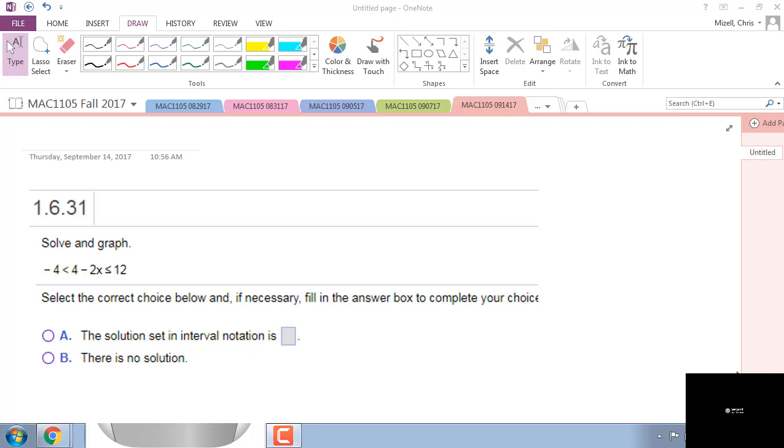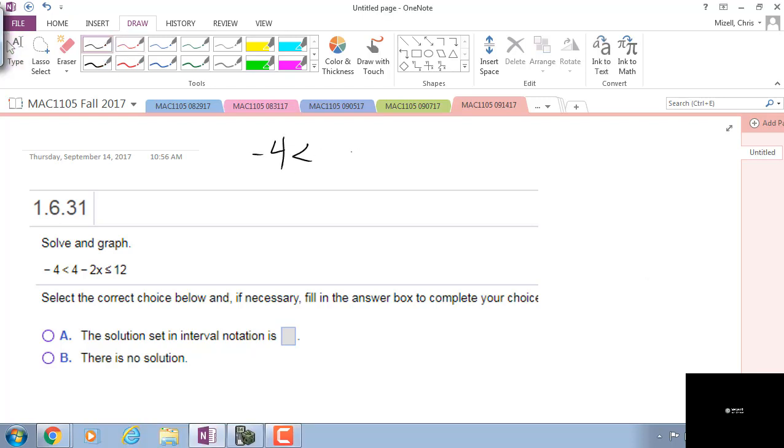When we write our final answer to the inequality, we'll want to put it in interval notation. And MyMathLab is pretty consistent about asking for the interval notation, and I'll be pretty consistent about asking for the interval notation on the test as well. We did several of those last time, and we also did a special type of compound linear inequality, which, since it involves the word and,